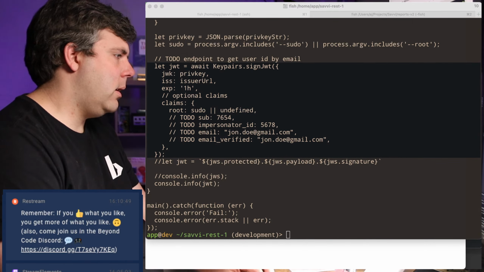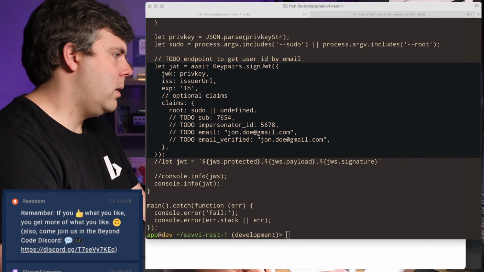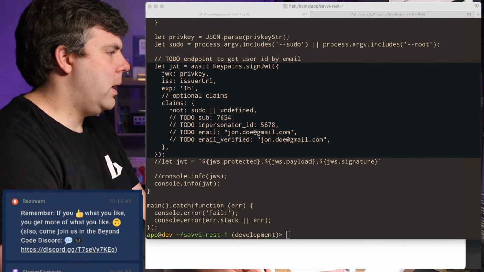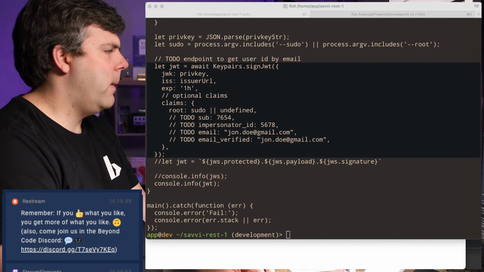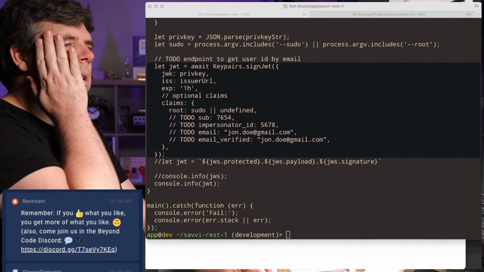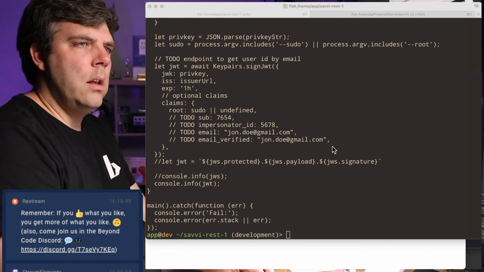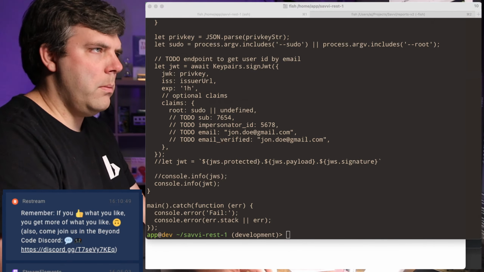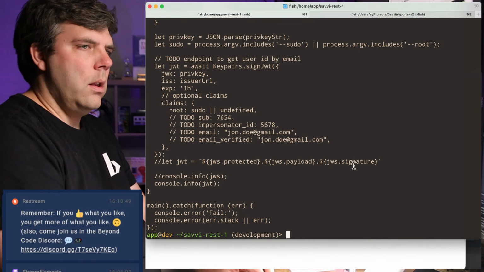I'm just pasting in. Okay, I wonder if I can. Maybe I need to put this in. Actually, maybe I need to put this under. Whoops. Oh, I just clicked on the wrong thing.